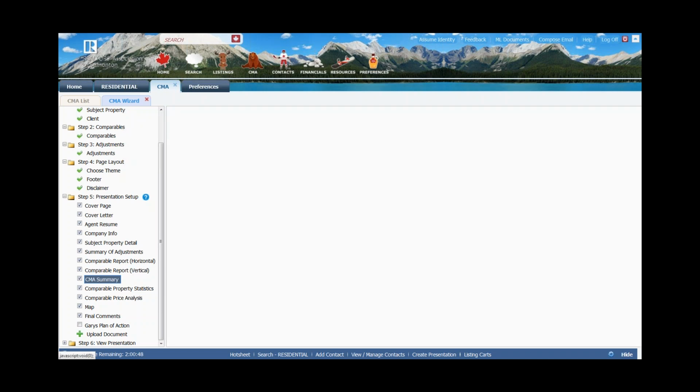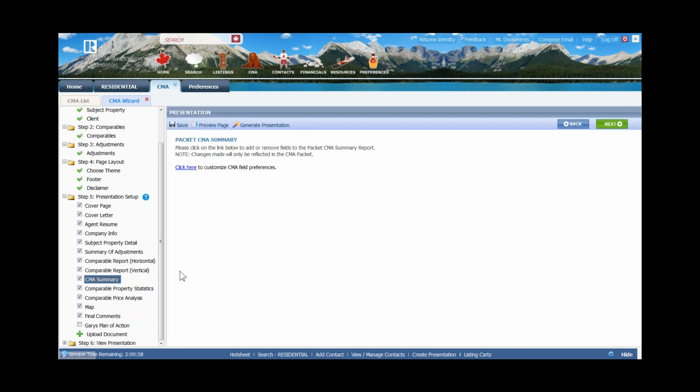By clicking on Next, I now move over to the CMA summary. This is different than the CMA summary I showed you just a minute ago when it comes to the quick CMA I did. When we did the quick CMA, that CMA summary report was horizontal. It was landscape, so it was wider,